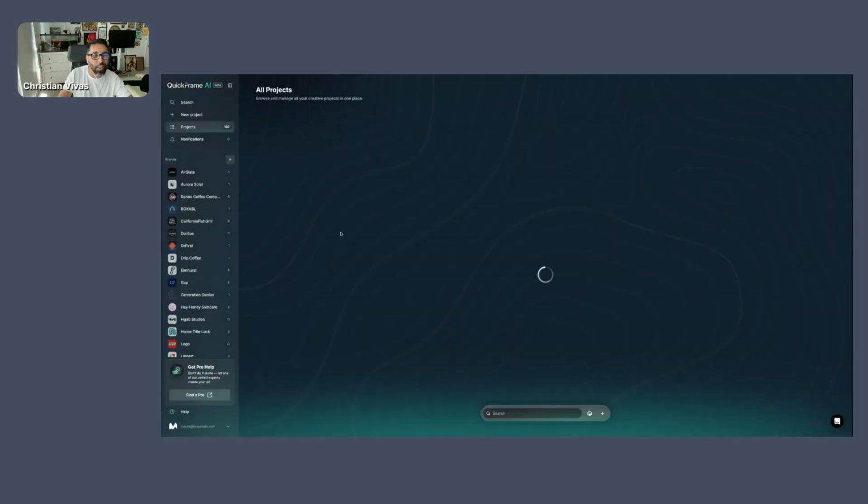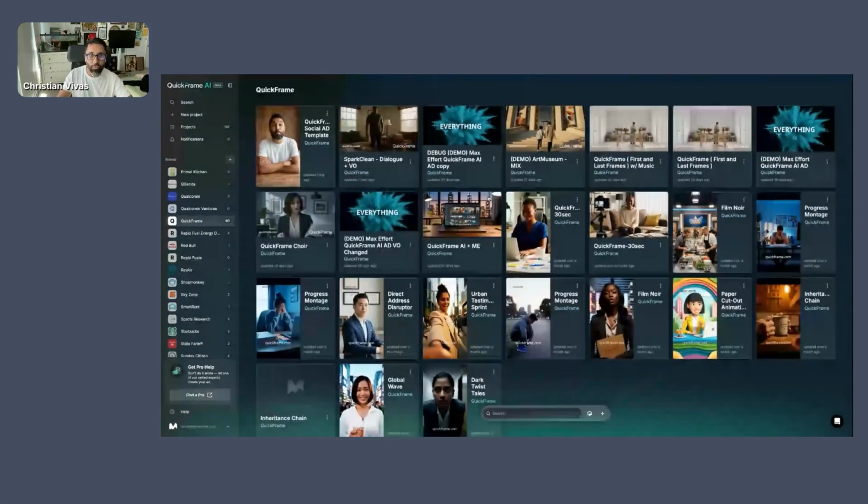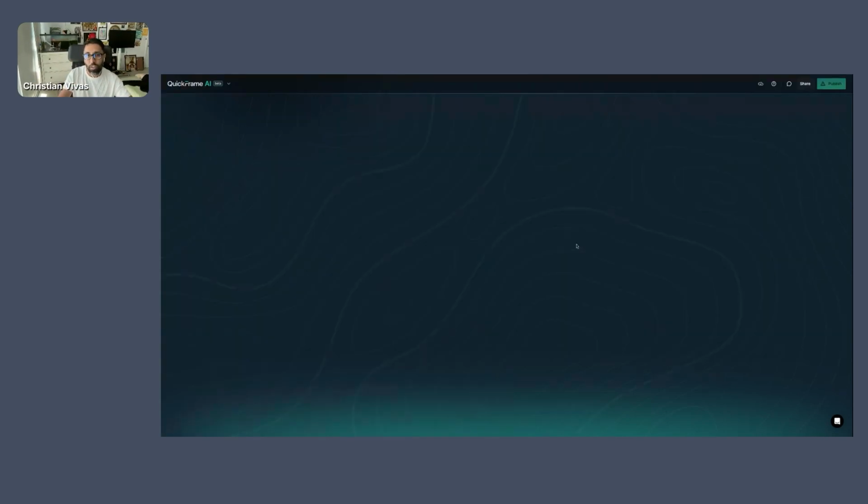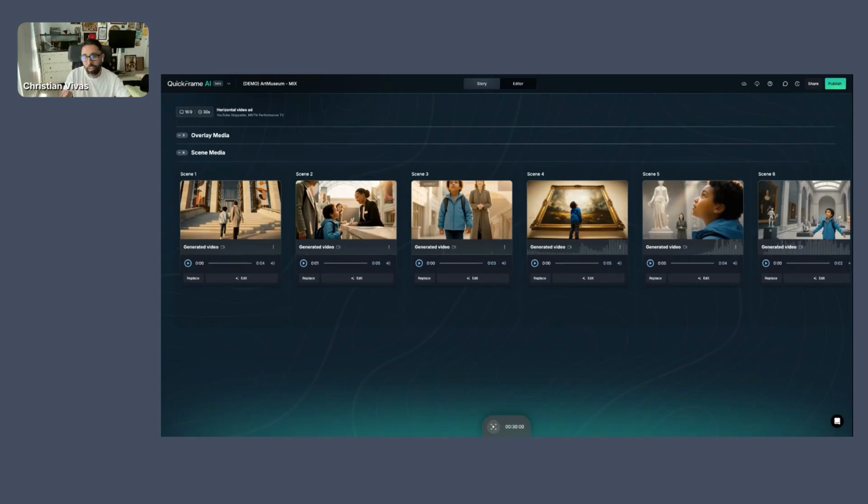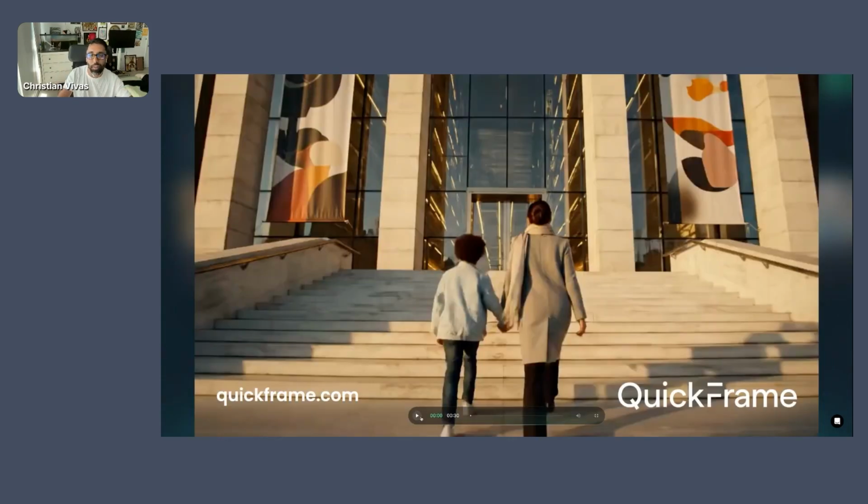Beautiful. So let's go ahead and look at some examples. And this is an example. And I always mention that obviously this video, image, and audio generation tools are amazing, but they're nothing without storytelling, right? So that's one of those things that I believe separates us here in QuickFrame AI, that we're mixing the amazing power of these tools, but also being able to bring storytelling. So this is actually a commercial that I scripted and I generated in our platform. And I just believe that it showcases a lot of the strengths in video generation and all of these generative models and all of the strengths in our platform. So let's go ahead and do a playback on this.